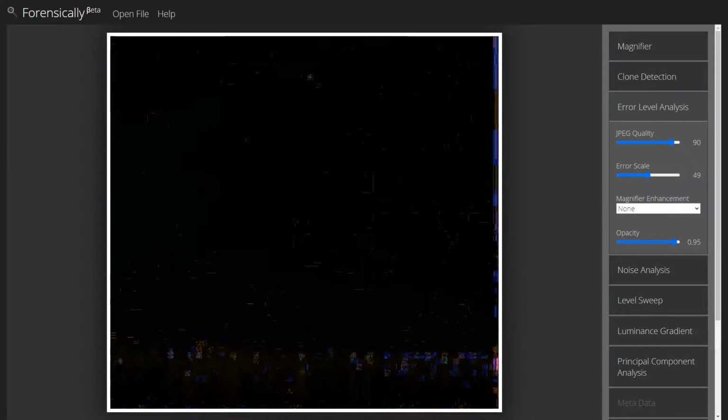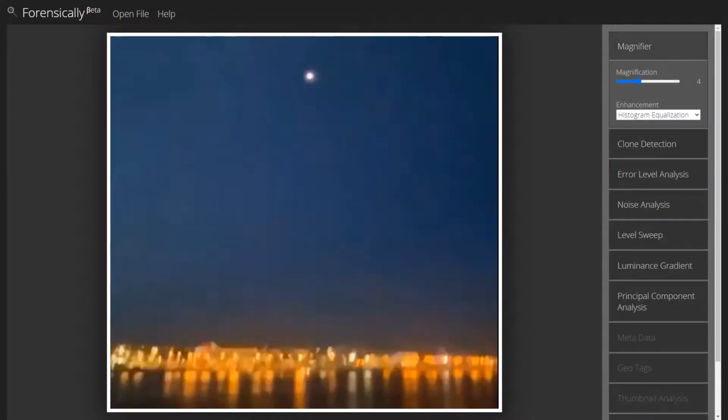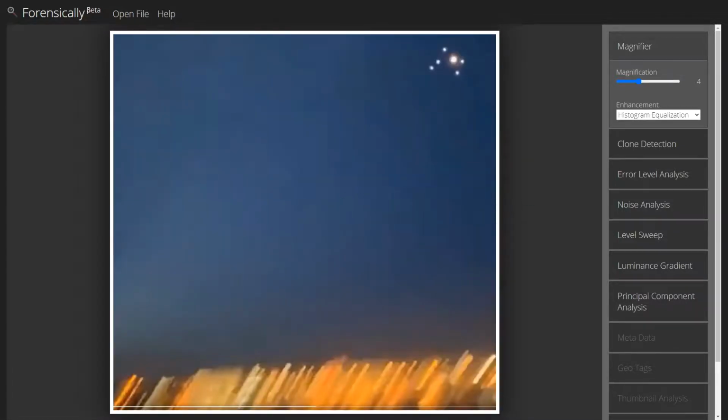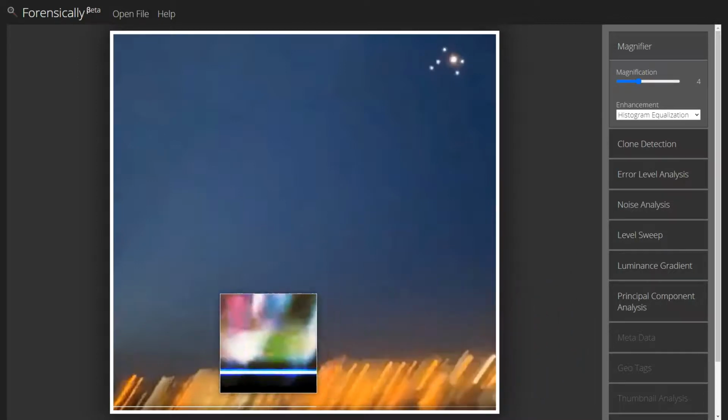But again, we don't see the reflection in either of these two images in the water. Now the next thing that I have to show you is something that somebody really noticed. When the guy was panning around, at one point he captured not only the UFO, but the city lights. And the camera was moving so fast that the city lights streaked, as you see at the bottom of this